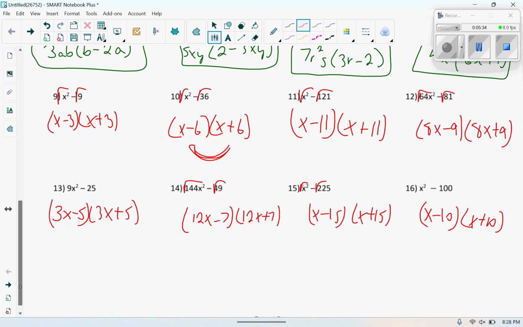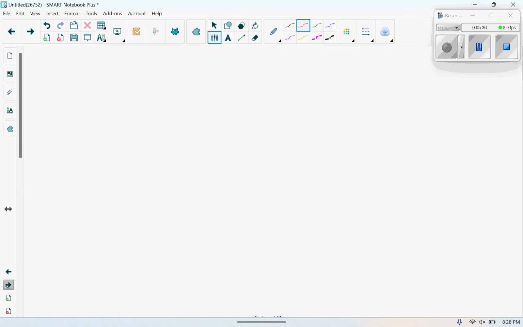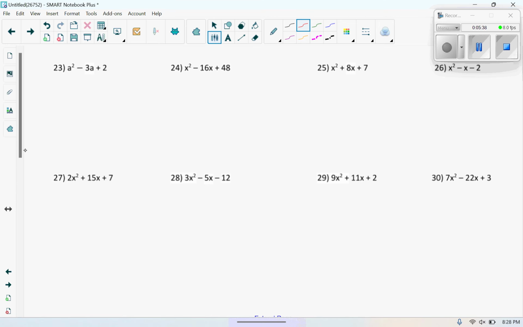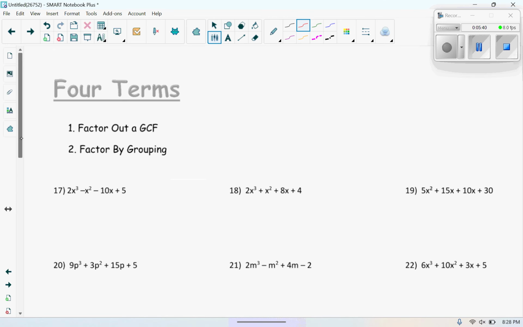Okay, that is it for the first page. Let's go to the next page where we're going to kind of switch it up a little bit. So we're going to jump to 4 terms. So 4 terms, you can do the box if you like that, or you can do factor by grouping. So let's see. So if I did the box,